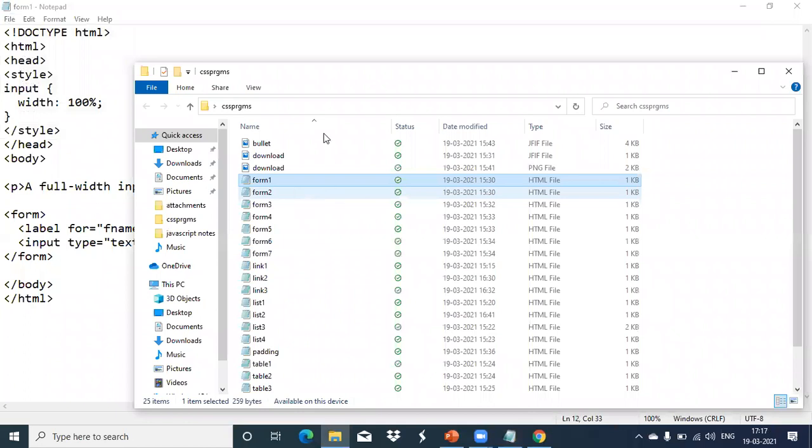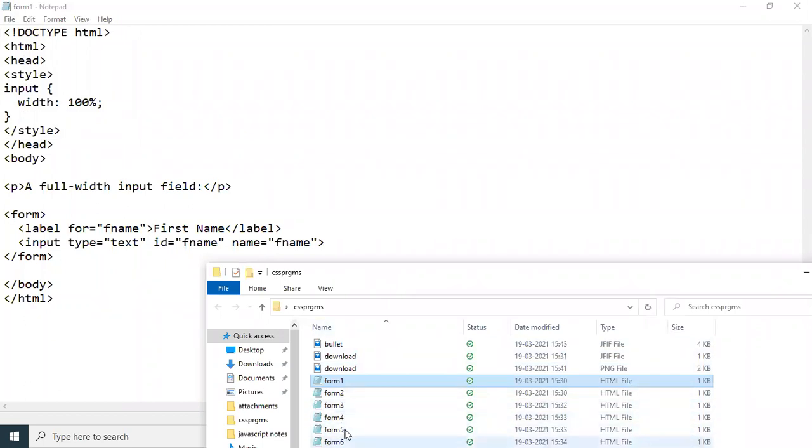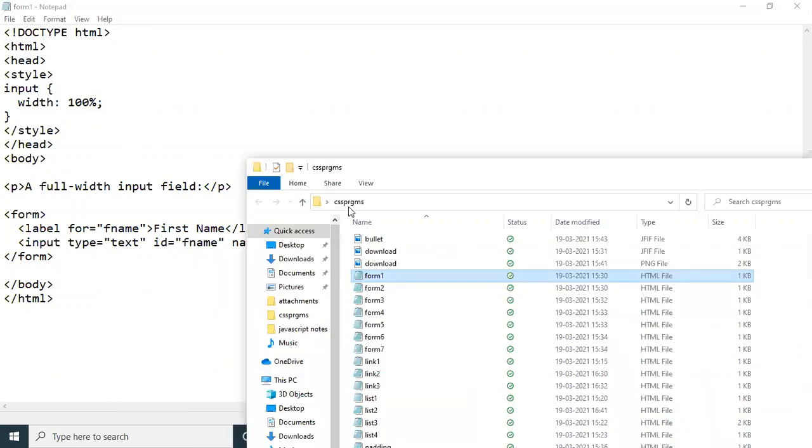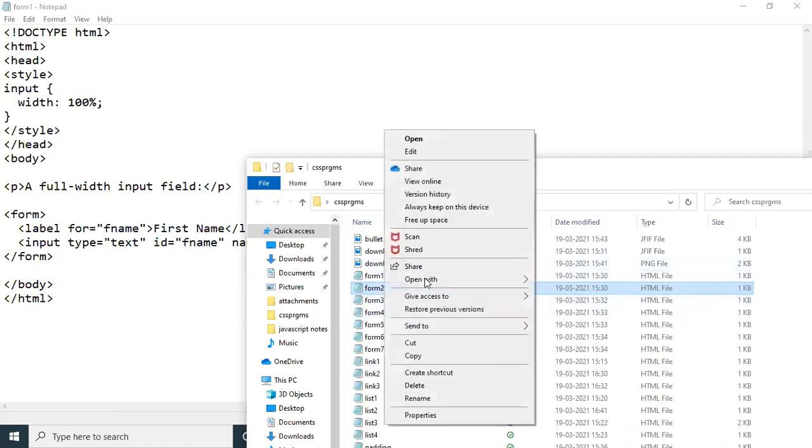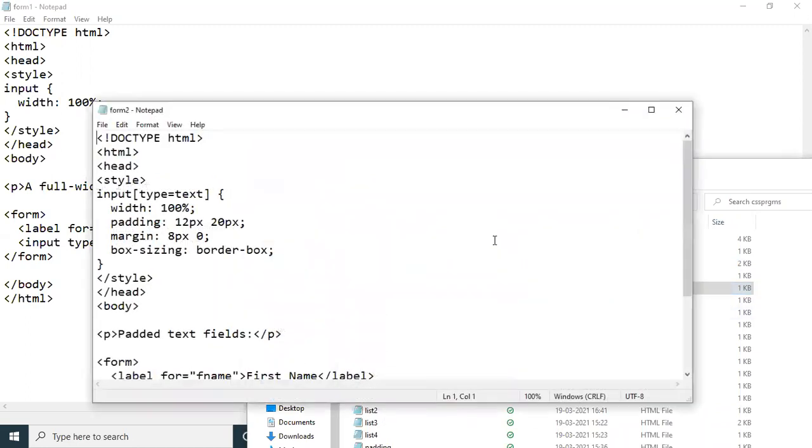Ma'am, the text which we're going to type in, if that also we have to do in a particular font or size, we have to put it inside the same style only? Yeah, it will come. Plus, if you want, you can put the colors and all inside the style tag. For that particular tag, that means input only. If you want to make things like this, you have to specify it there. If you are making it for the label, then you have to make a style for the label like this, specifically. We'll see other examples, then you will come to know.